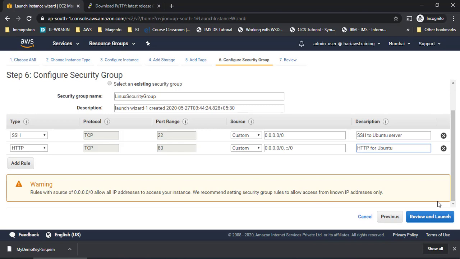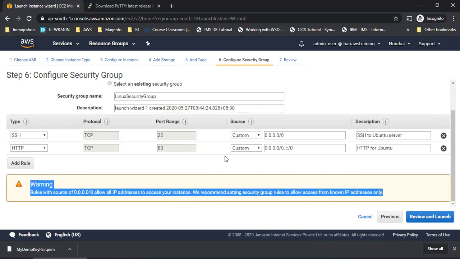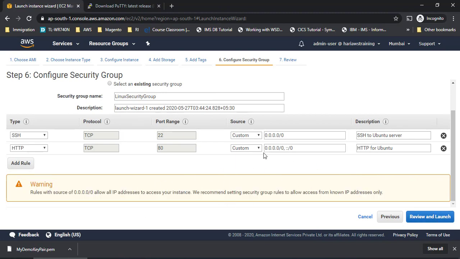Okay, now I'll go to review and launch. You can see there is a warning here. For now I'm ignoring it because I am allowing all the IP addresses. This is also one more way of telling you that whatever you are giving right now is going to be dangerous if you use it for long, right? For now, anyways, this is going to be deleted after some time, so I am going with the same details. This is where the cloud helps you understand that the settings you are giving right now might not be a feasible or proper one. Maybe you will have to give a thought to whether you have to change it or not. Okay, now I'll go to review and launch.